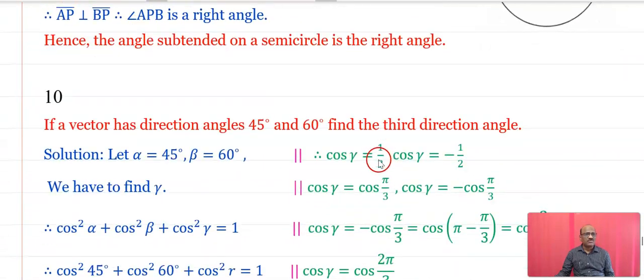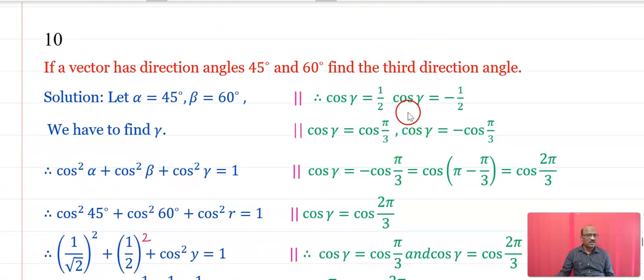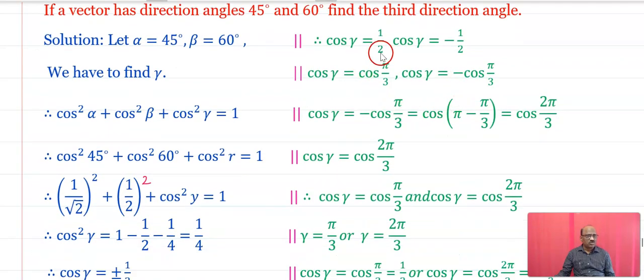Now we will find out its values. Once cos of gamma is plus 1 upon 2, and another cos of gamma is minus 1 upon 2. But cos of gamma as 1 upon 2 means the angle is pi by 3. Now we will find the other by using allied angles. Cos of gamma equals minus 1 by 2 means